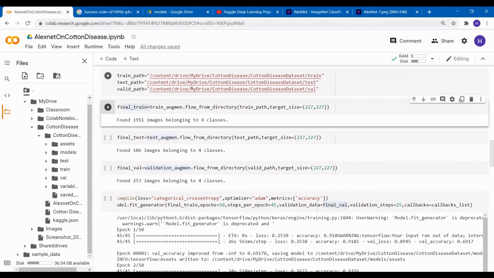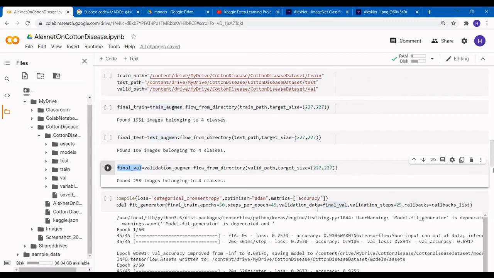So our model will give a good accuracy with our training data, and it will give around 60 to 70% with our validation data. That is fine because we don't have many images. If we provide more images in our validation folder, then it will also give us good accuracy.